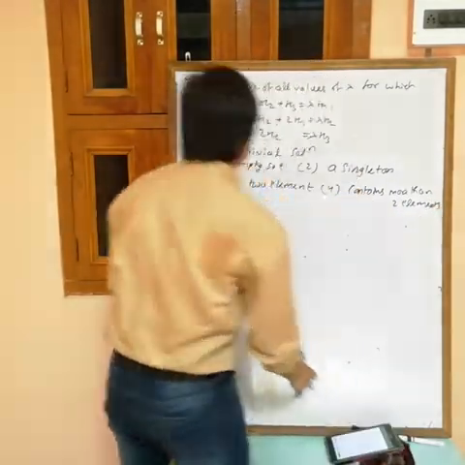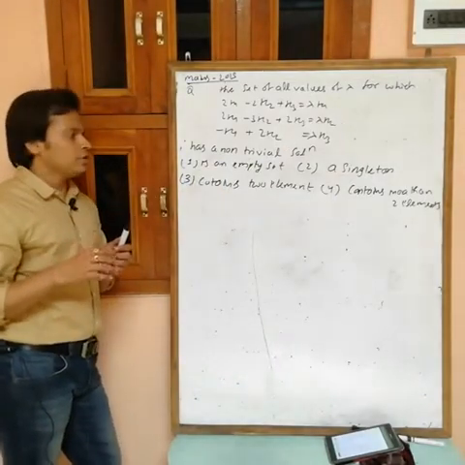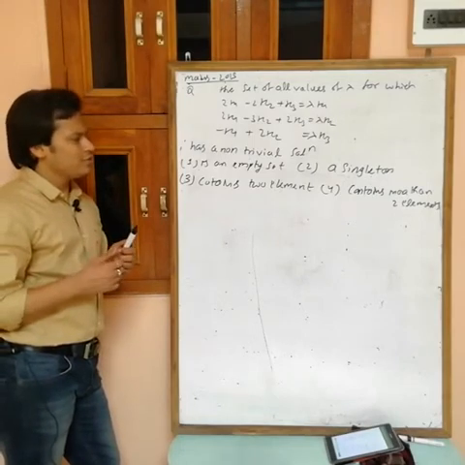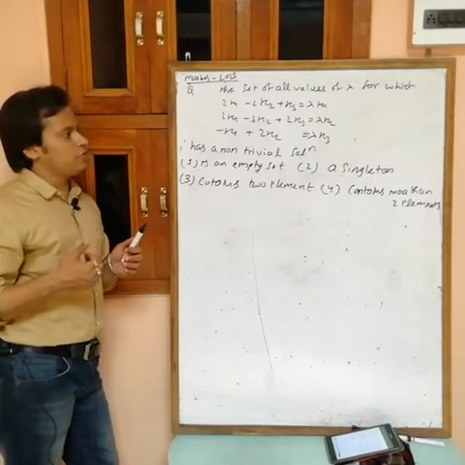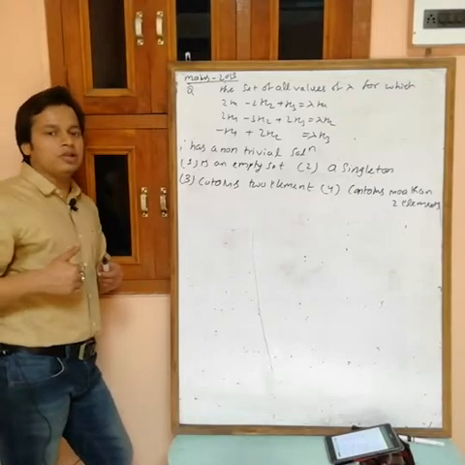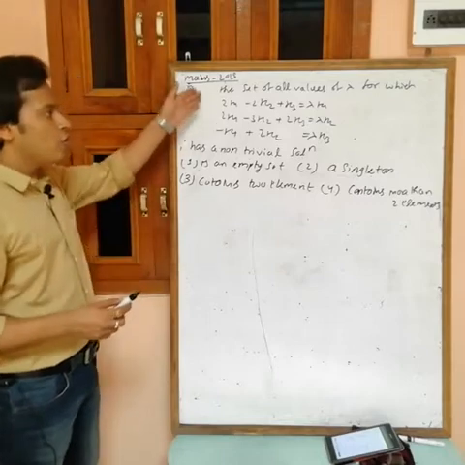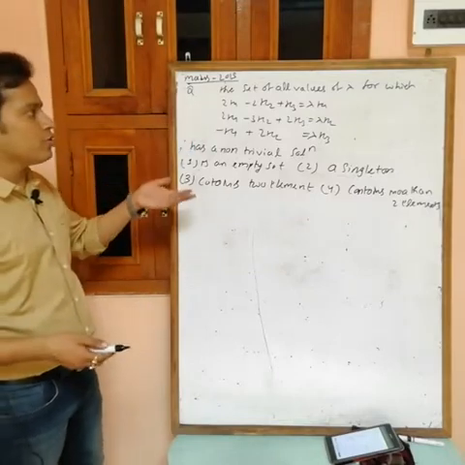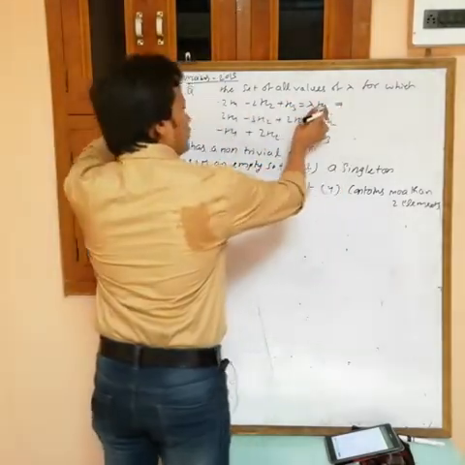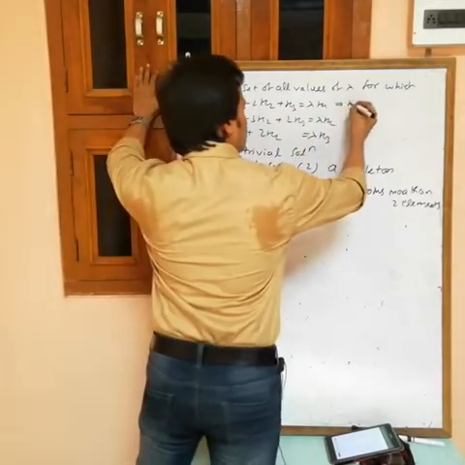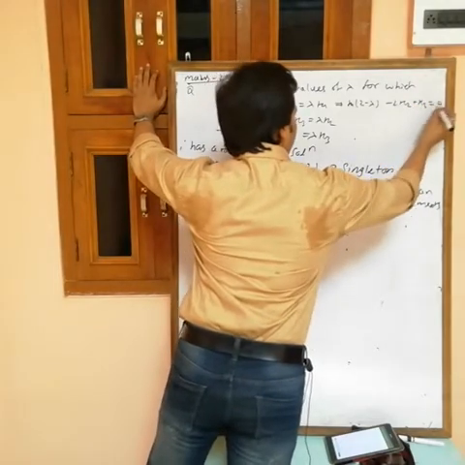Okay, the set of all values of lambda for which this system of equations has a non-trivial solution is an empty set, singleton set. It means we have to identify how many values of lambda we have such that this system of equations has a non-trivial solution. Non-trivial solution means a solution other than 0, 0, 0. Actually these are a homogeneous system of equations, because there is no constant term. If you take this term at this side, I can take x1 common: x1 into (2 minus lambda) minus 2x2 plus x3 equals 0.